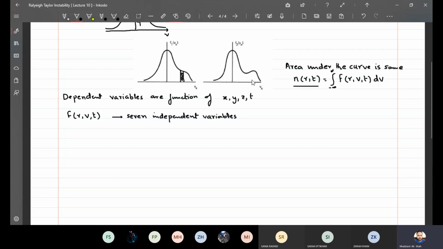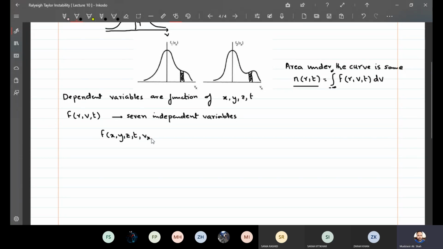And here at the same position, I can draw this, and this will give me this number. So this is basically giving me the number of particles per meter cube at R and T with the velocity between Vx and Vx plus dVx. So I am going to write it in this way: F at position X, Y, Z, and T